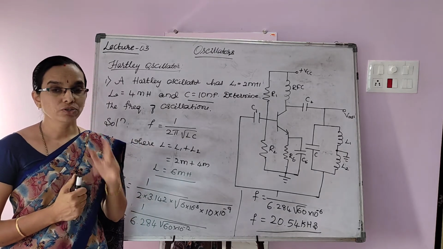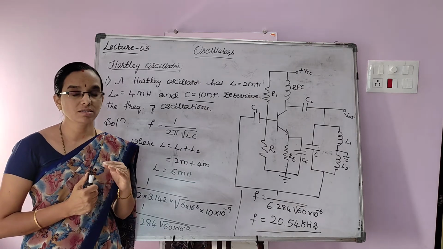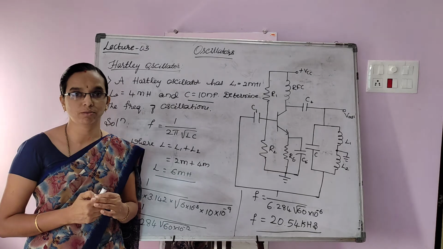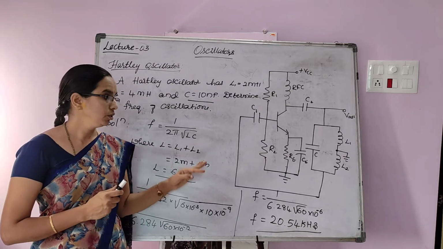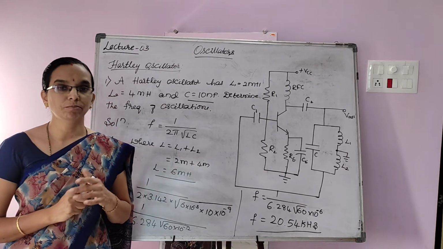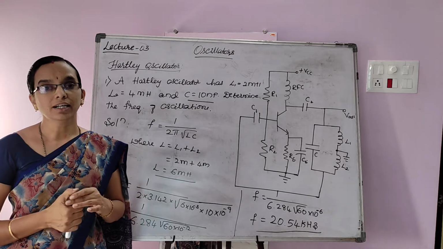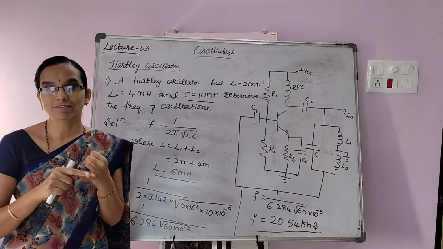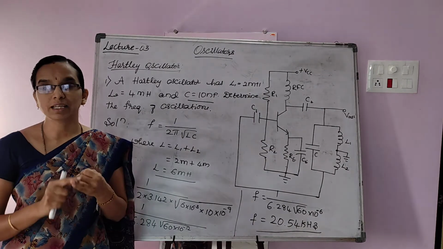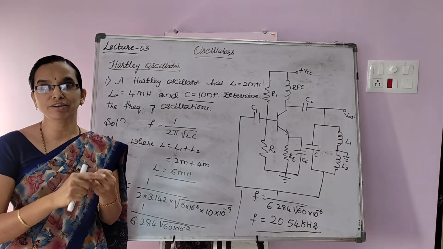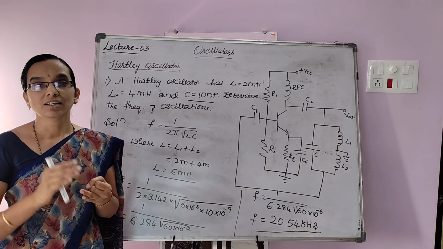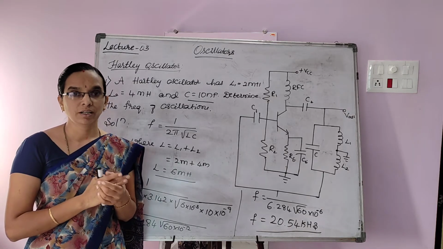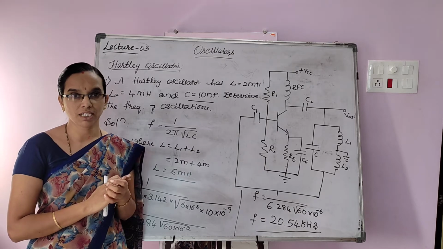So usually what we have observed is that students fail in simplifying the oscillator problems. For substitution and all they will do it properly, but while simplifying they will get confused, because inductors are always available in millihenry and capacitors will be in micro or nanofarad or picofarad. So you should know the indices very well. Then the simplification will be easy.